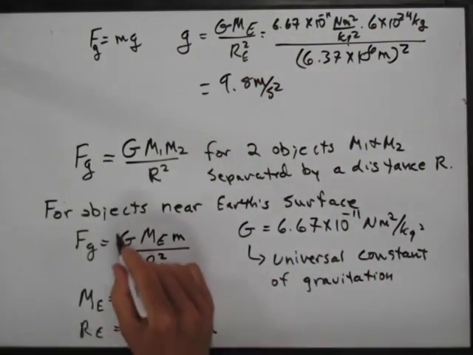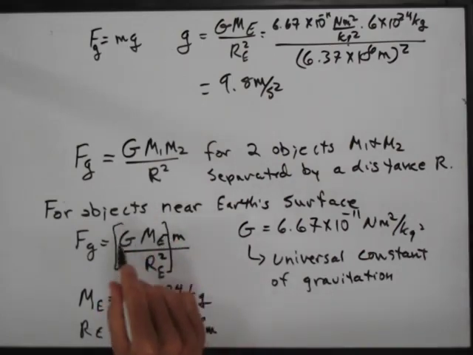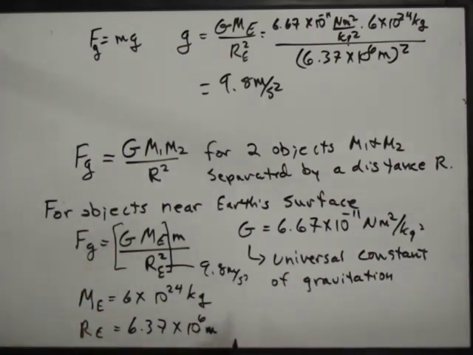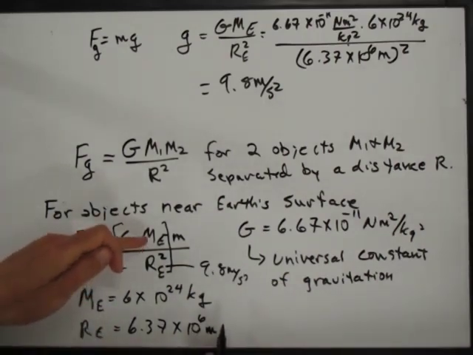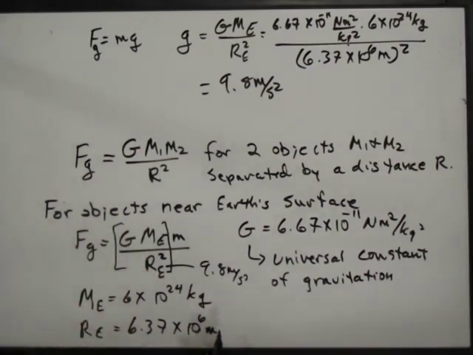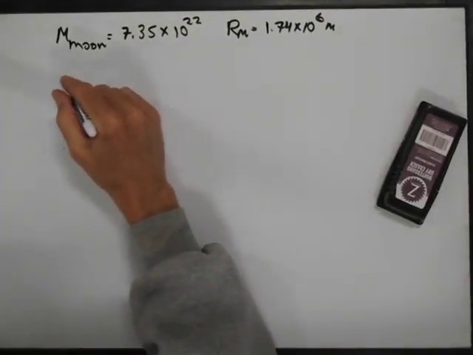And so it's exactly what you expect. This piece, at least near the surface of the Earth, is just 9.8 meters per second squared. It's what it evaluates to. Of course, if you were doing this on the moon, you would have to put the moon's mass here and the moon's radius here, which we'll do in a minute. So if I want to calculate g on the moon,